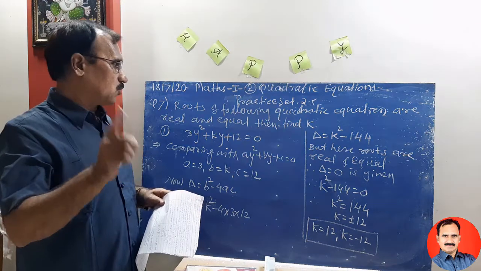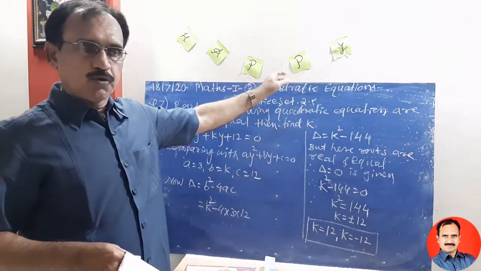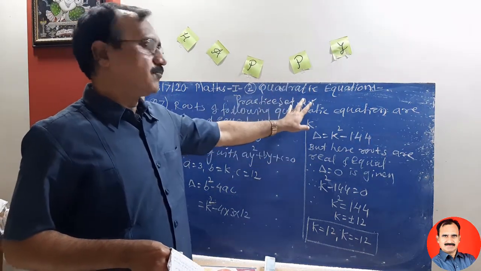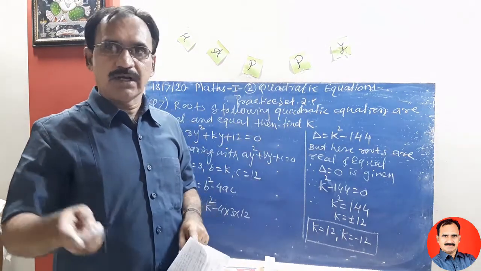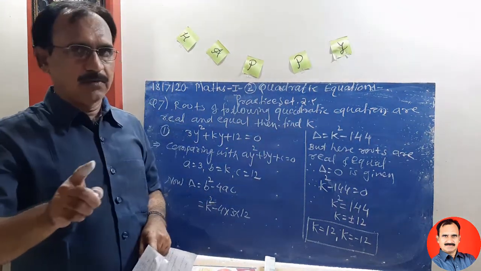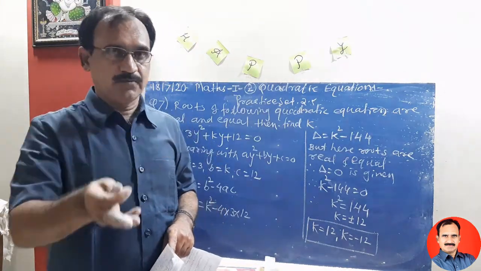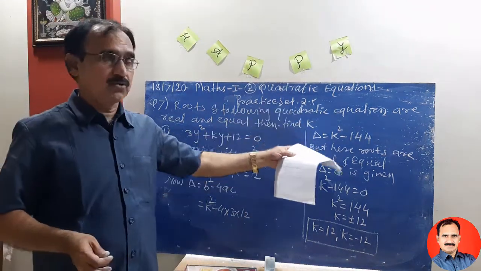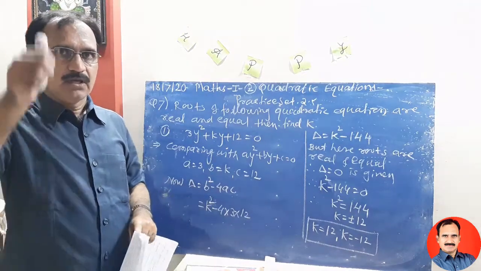You try to solve at home the remaining examples from practice set 2.5. So many examples are seen here. Remaining few examples from practice set 2.5, try to solve at your home. If any problem, my WhatsApp number, my mobile number is given to you in previous periods. Therefore, if any problem in this example or practice set 2.5 or quadratic equation, you can call me or WhatsApp me. Thank you.